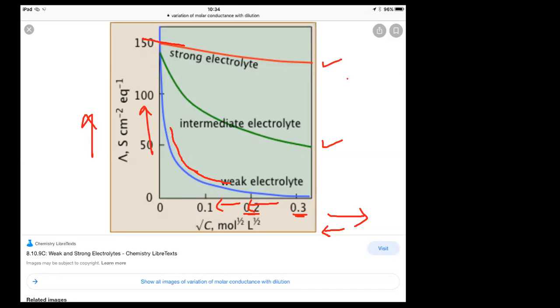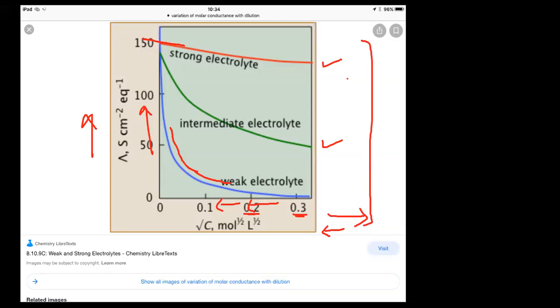But in the case of a weak electrolyte, it shows a sharp increase in its conductance values, but then after some time it starts running parallel to the equivalent conductance axis, and it becomes difficult to measure the conductance offered at infinite dilution by weak electrolytes. Understand? So based on this only, we have to do Kohlrausch's law in the next video. We will be doing that.